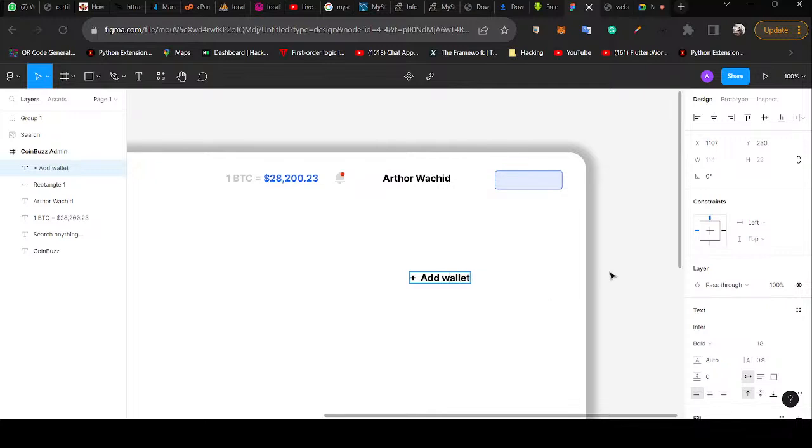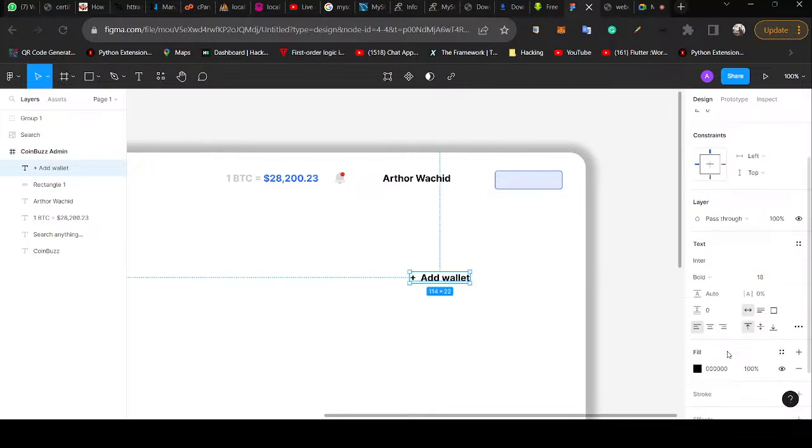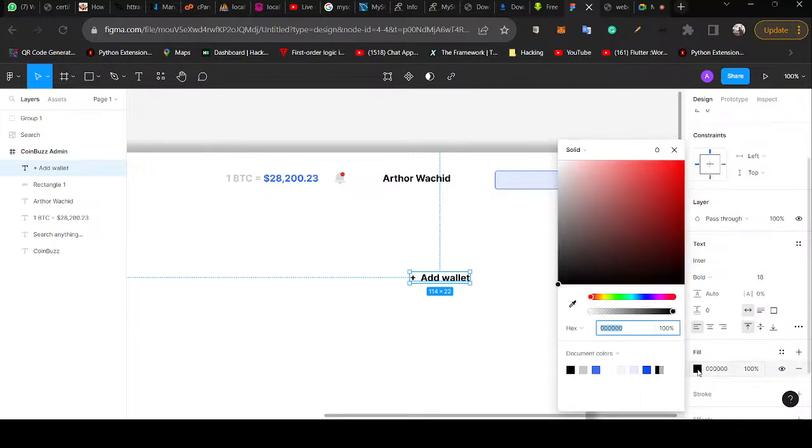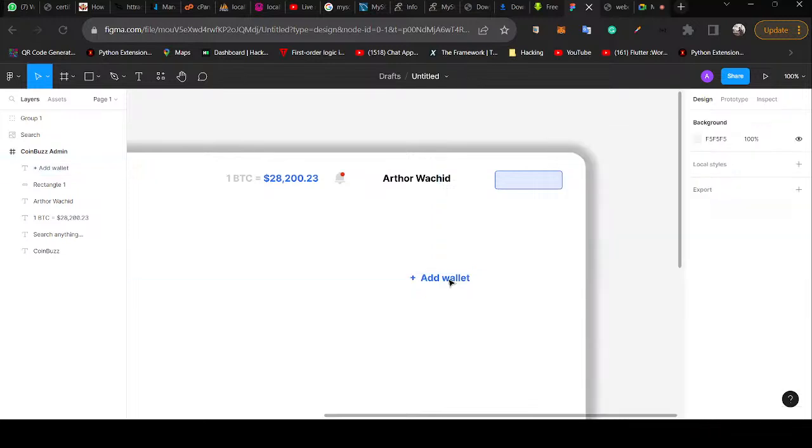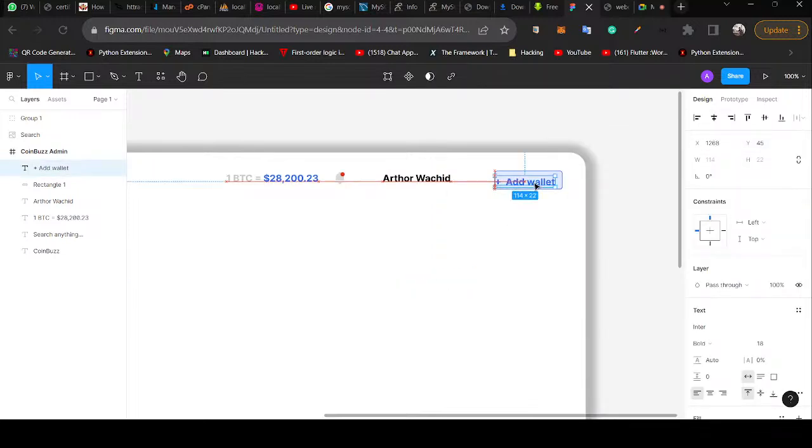And I'm going to come here, and then pick the color that is best suited for the add wallet. Then I can take it and add it here. Okay, so this is what we have here,